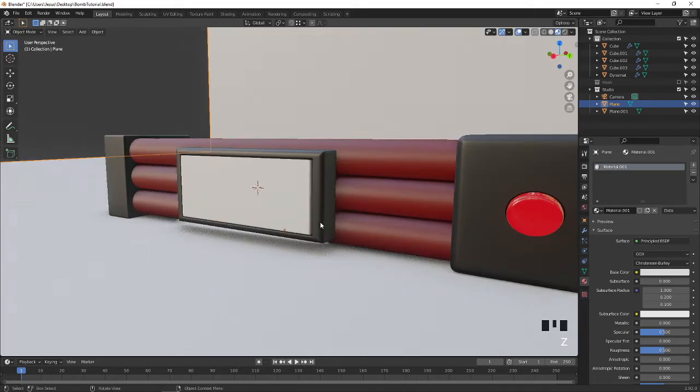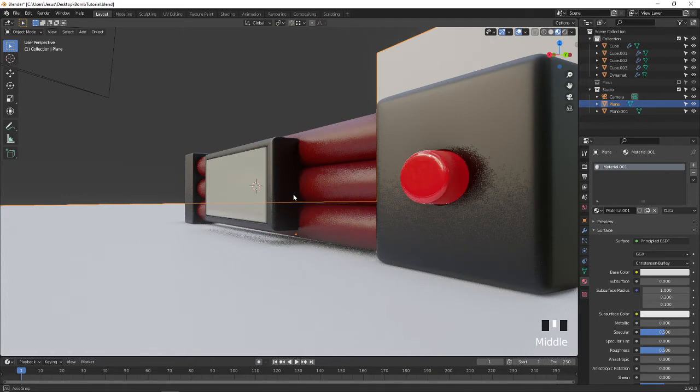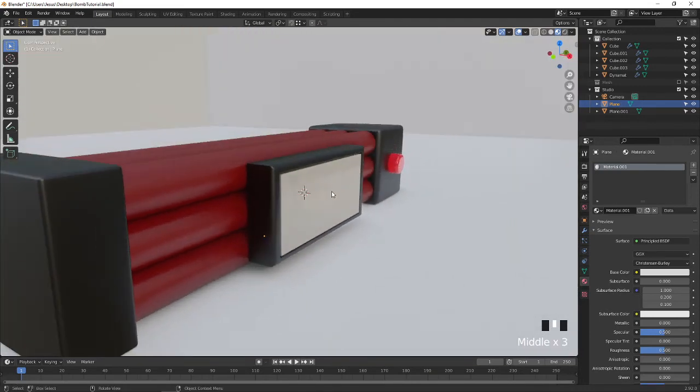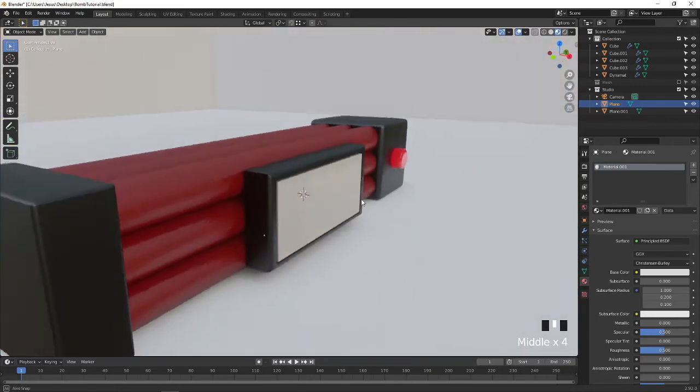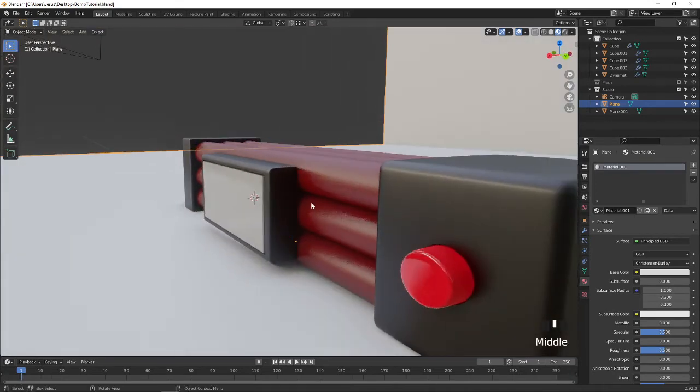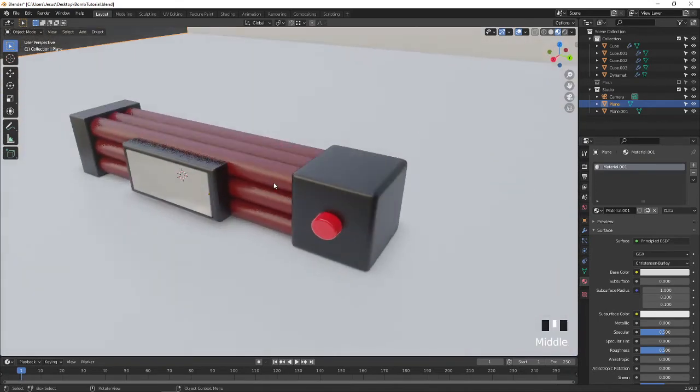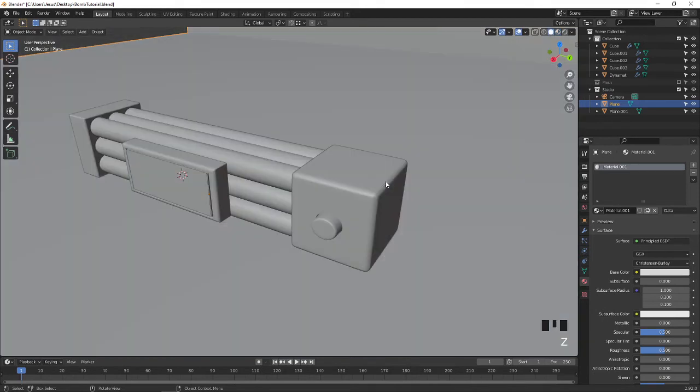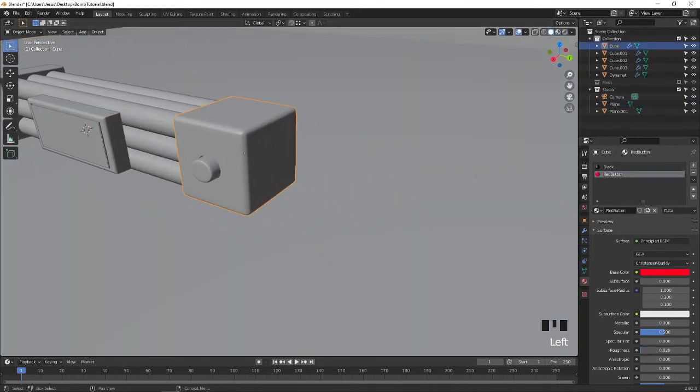Okay, let me start creating the wiring. Okay, now we can see the display is getting shined. I have given the white display for this. Here let me start creating the wiring for this.